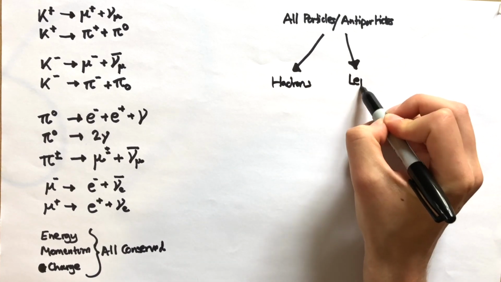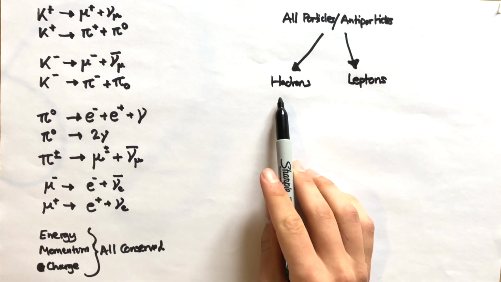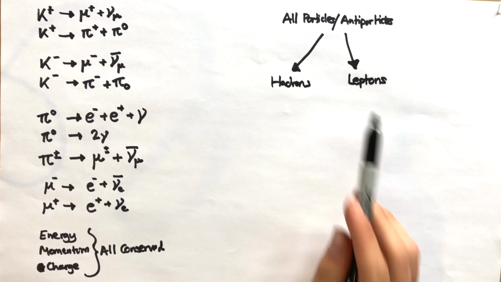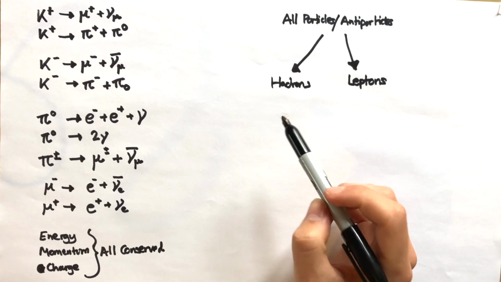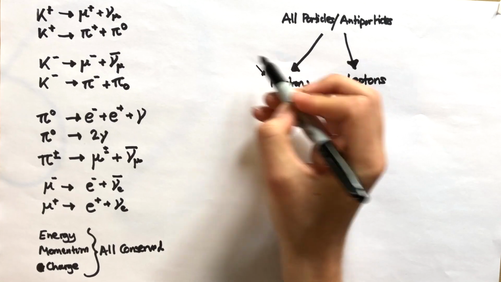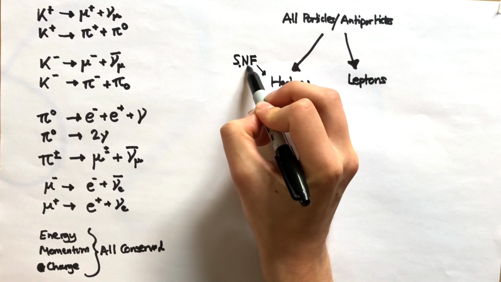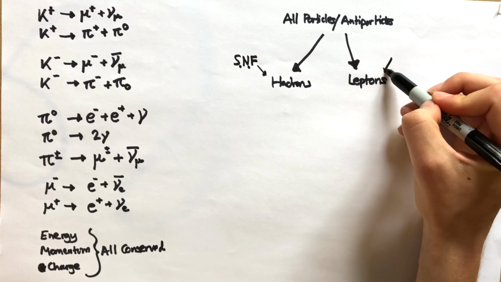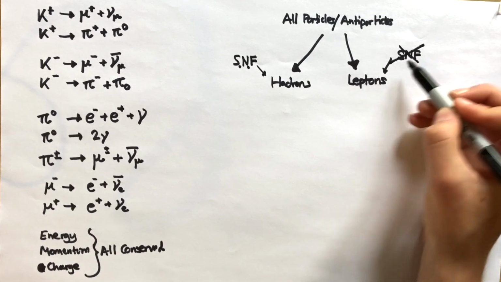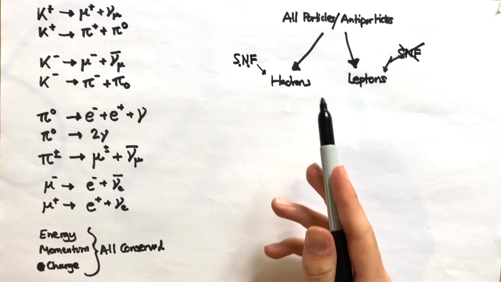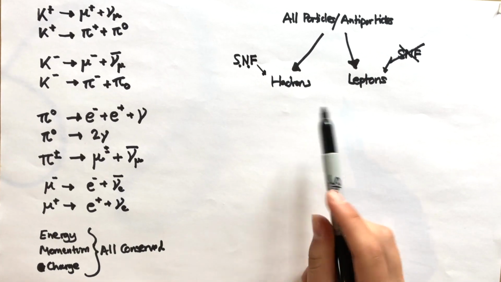or leptons. And what is the difference between hadrons and leptons? Well, hadrons are defined as particles that interact with the strong nuclear force, whereas leptons are defined as particles that don't interact with the strong nuclear force. However, both types of particle interact with the other 3 forces, but it's just the strong nuclear force that only